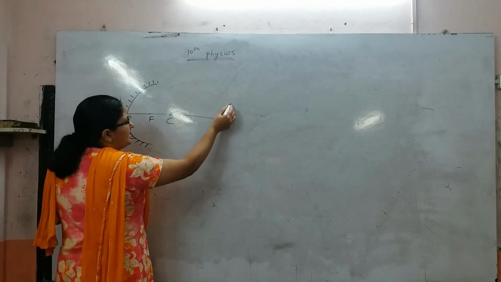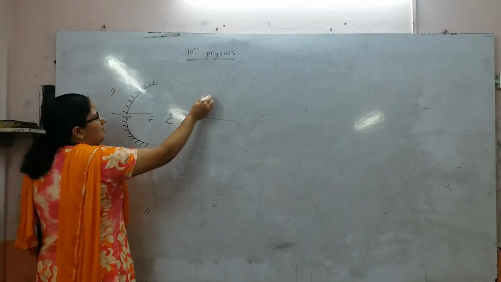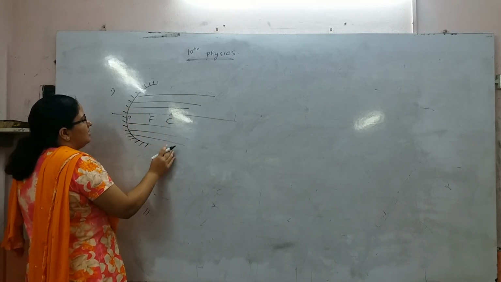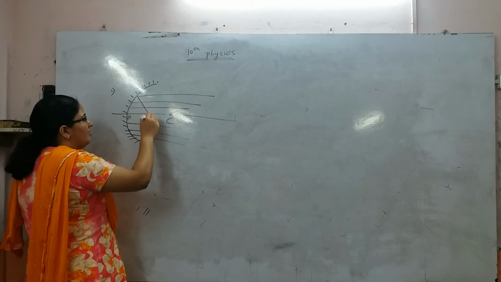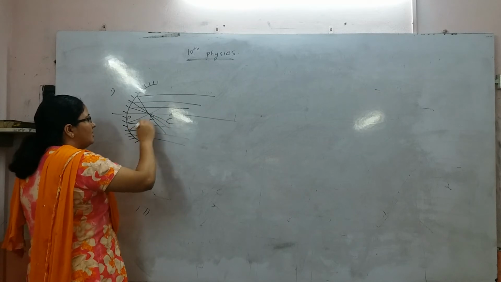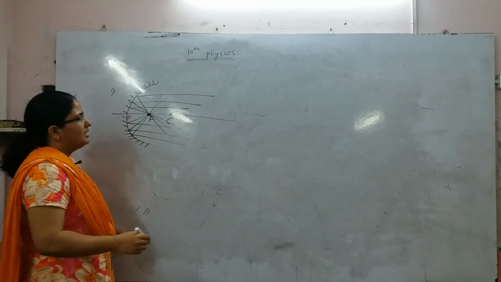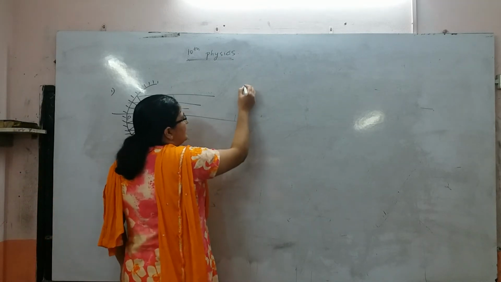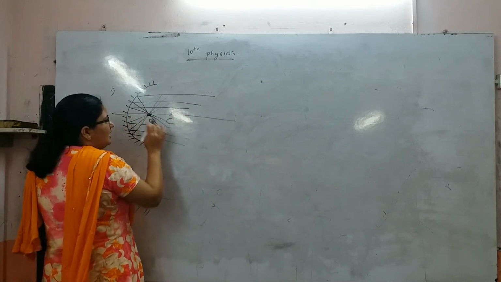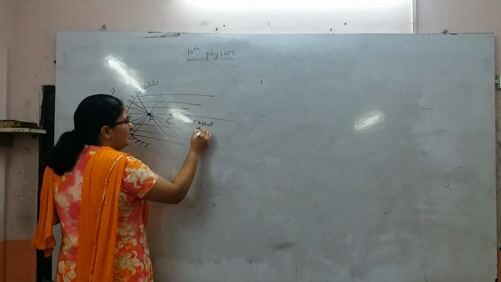First, the object is at infinity. Whenever the object is somewhere at infinity, a parallel beam of light rays falls on the mirror. Whenever rays are parallel, they all meet at focus. So this is how the image is formed. Whenever the object is at infinity, this is the object at infinity,